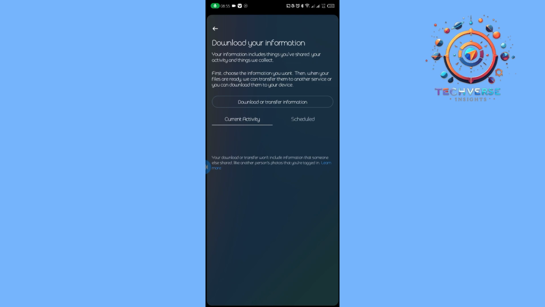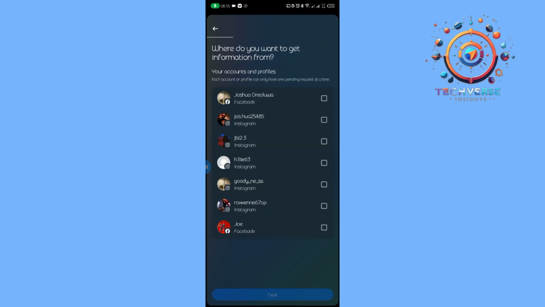From there, we're going to tap on Download or Transfer. We're going to choose the account that we are logged into on our Messenger application, and we are going to tap mostly on Messenger since we want to download the information that is in Messenger so that we may be able